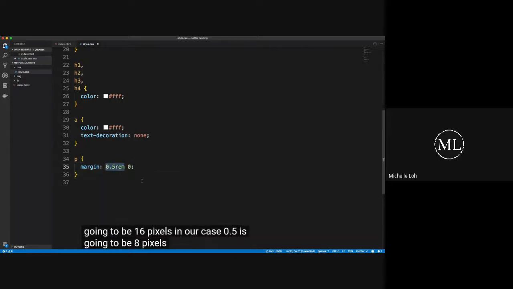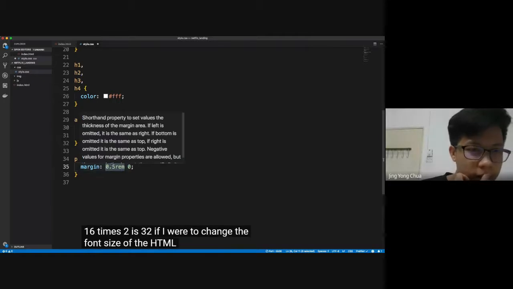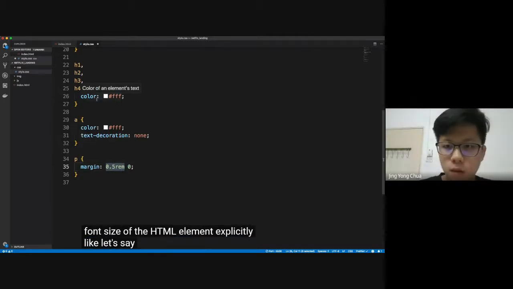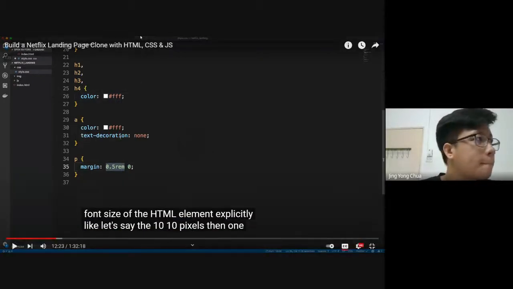0.5 is going to be 8 pixels because half of 16 is 8. 2 rems would be 32 pixels because 16 times 2 is 32. If I were to change the font size of the HTML element explicitly, like let's say to 10 pixels, then